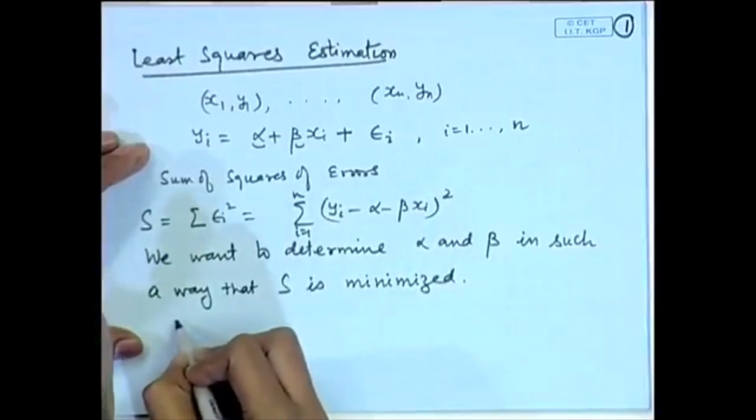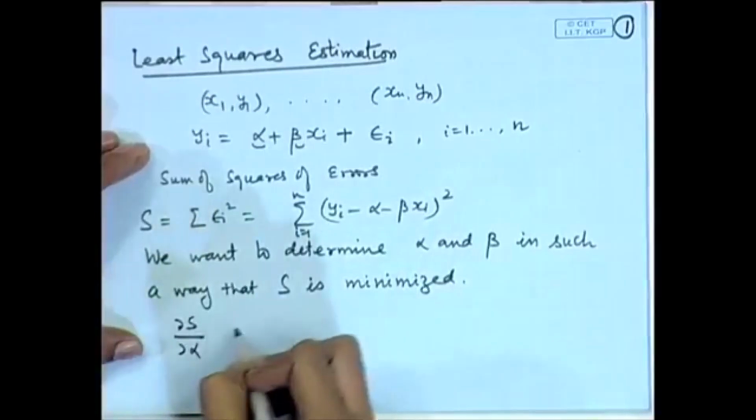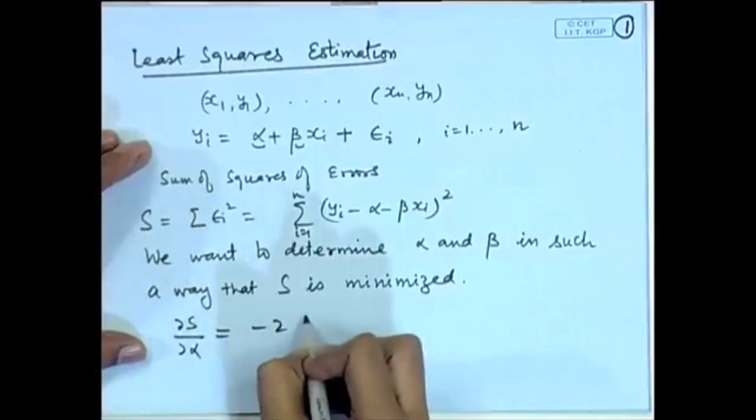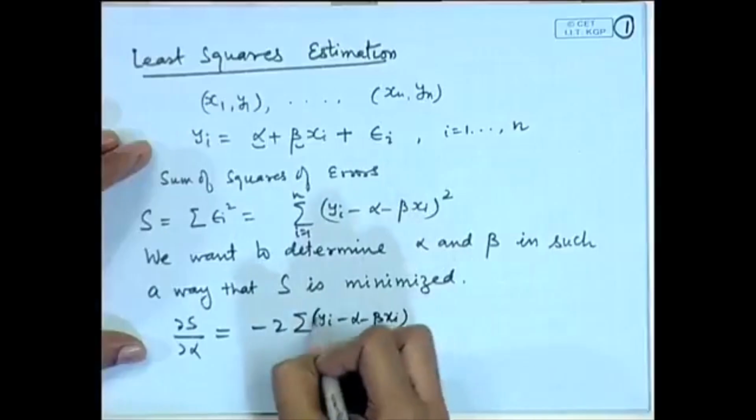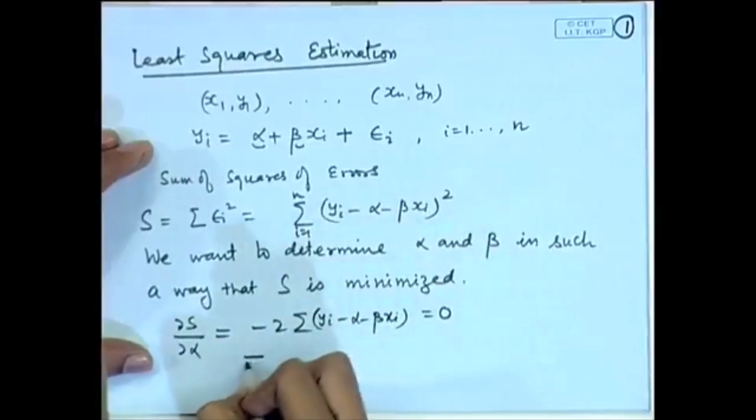So, del S by del alpha is equal to minus twice sigma y i minus alpha minus beta x i is equal to 0, which we can write as